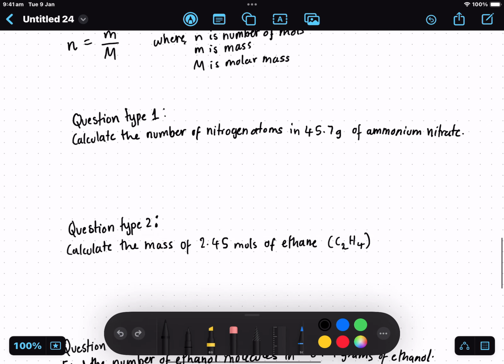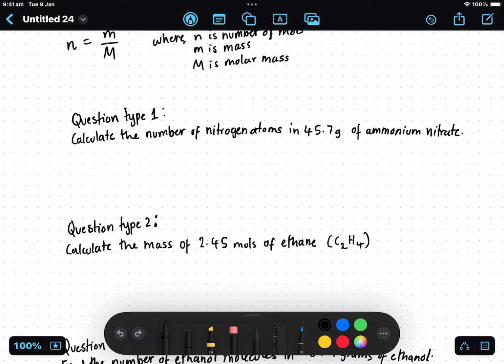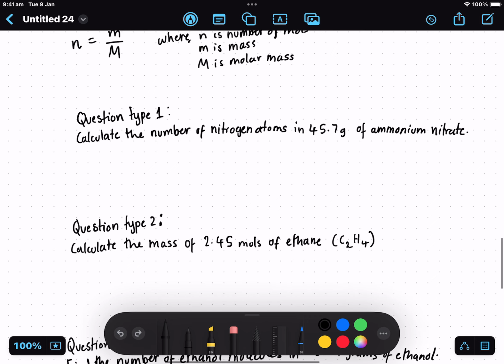So let's solve this. Calculate the number of nitrogen atoms in 45.7 grams of ammonium nitrate. So we have to find the number of nitrogen atoms. What we do is find the molar mass and the amount of moles of NH4NO3, which is ammonium nitrate. And we know that there is 45 grams of this,